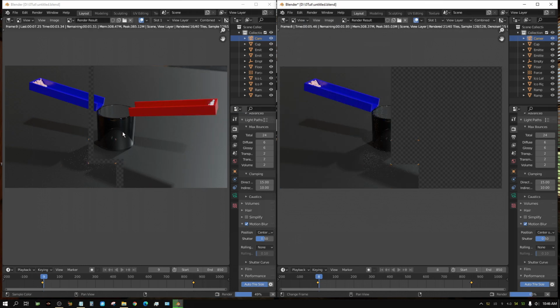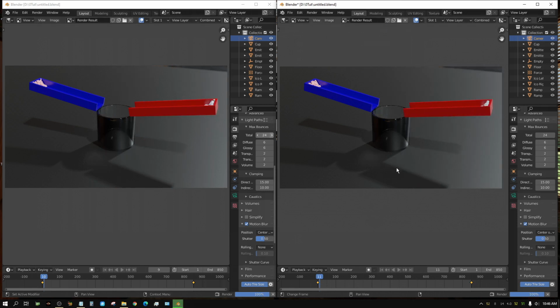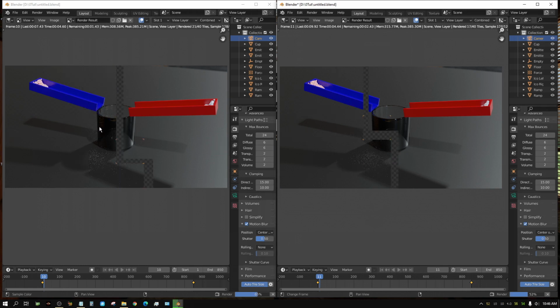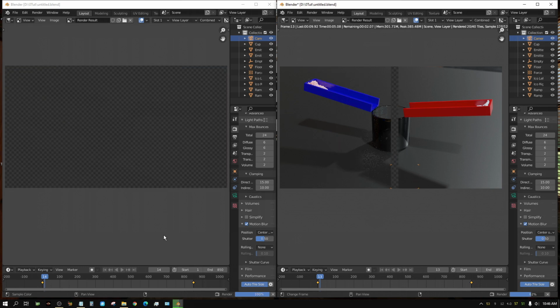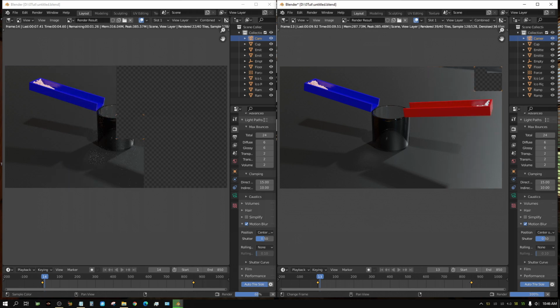this one will do the next free frame, and then this one will do the next one. So while this is doing 10, this is doing 11, and then this one will do 12. You see what I mean? It goes faster when you do it this way. Big advantage to having multiple GPUs. Alright, I'm going to let this render, and